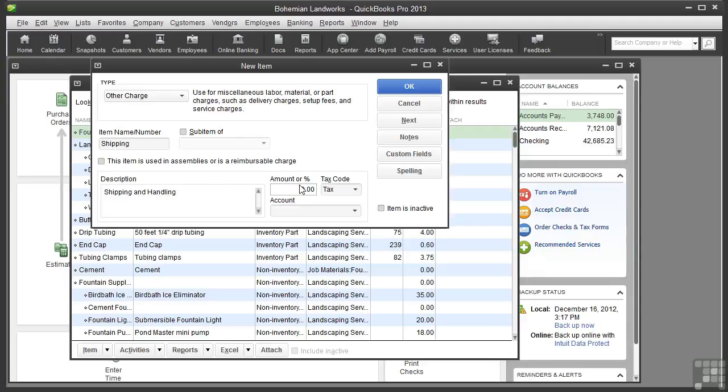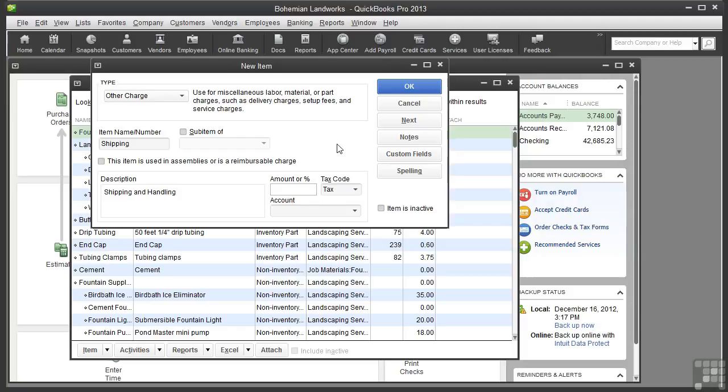In the amount or percentage field, you could type a fixed amount, such as 5 for $5, or a percentage. If you are making it a percentage, you have to include the percent sign. So 10 by itself would be $10, 10 with a percentage sign would be 10%. But for shipping, it probably makes sense to leave it blank, since the shipping charges will probably vary. You can fill the shipping amount later on the form.